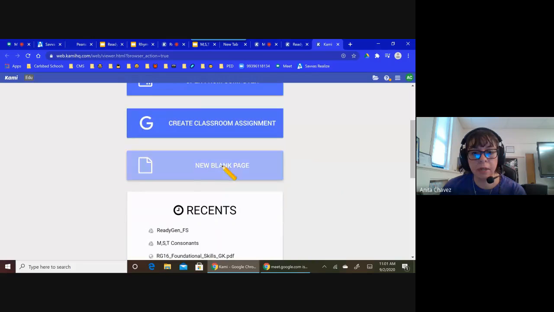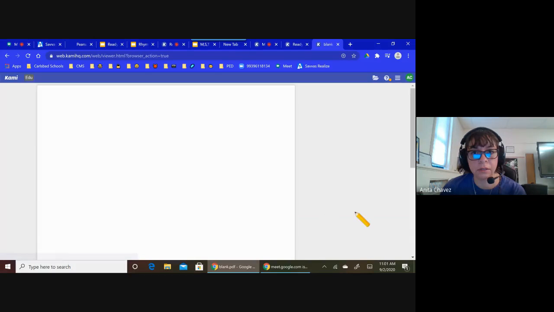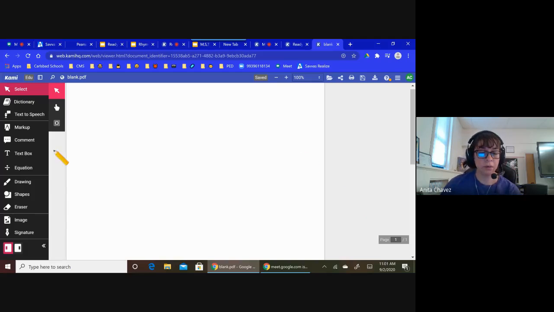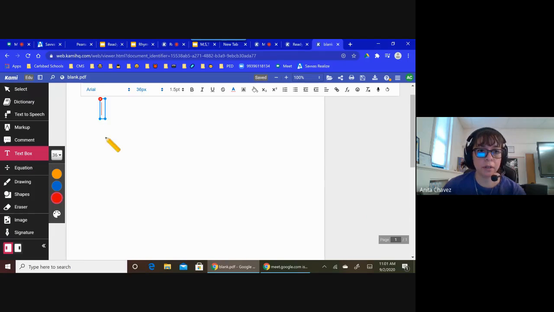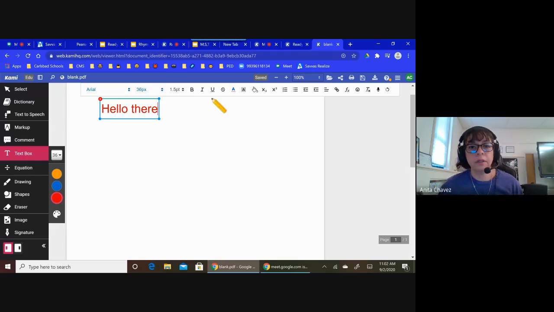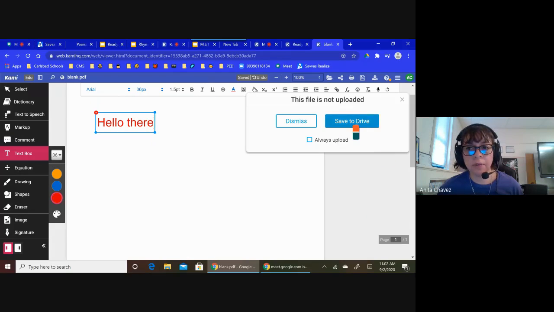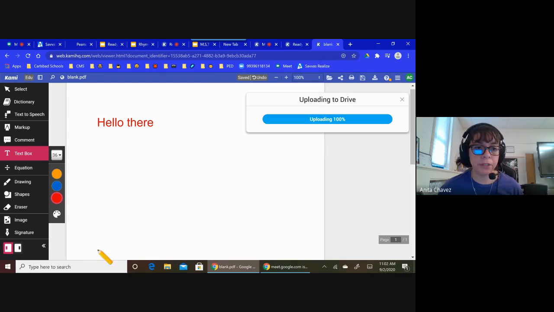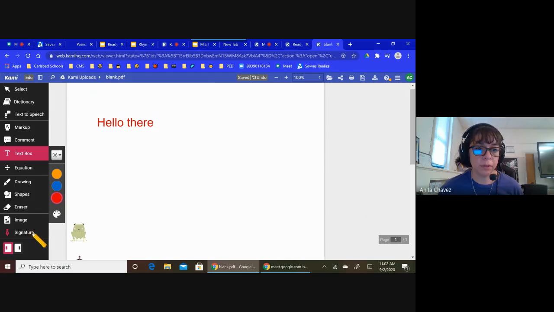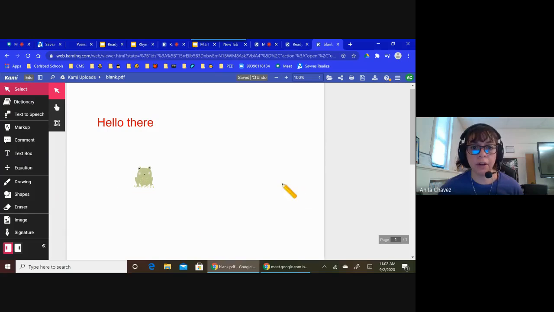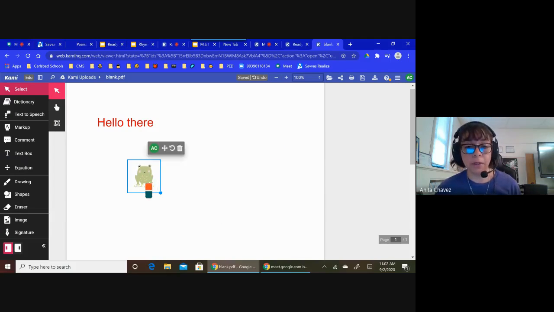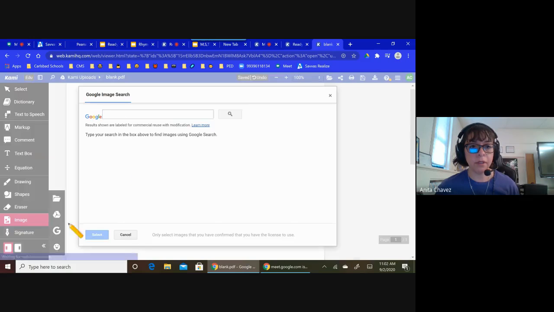And I'm going to go to a blank page, and I'm going to put some text on here. So if I've written some things, I've put some pictures on here. Let's put my little froggy here. But if I have a GIF and I flatten it, it won't be bouncing anymore. So if I put just regular images on here,